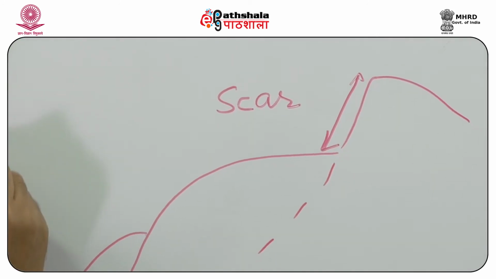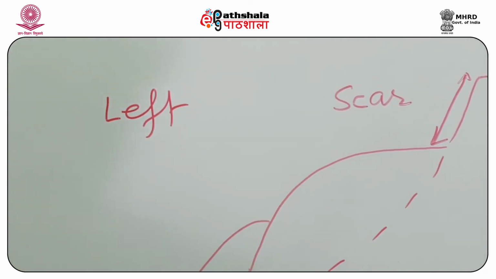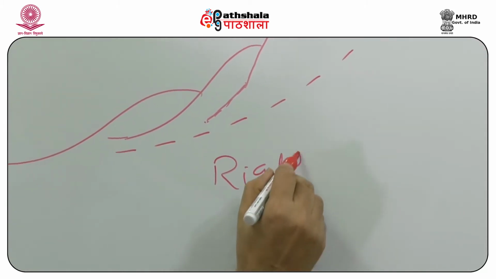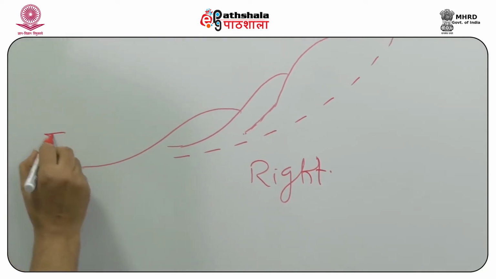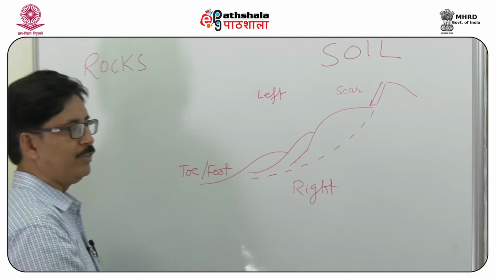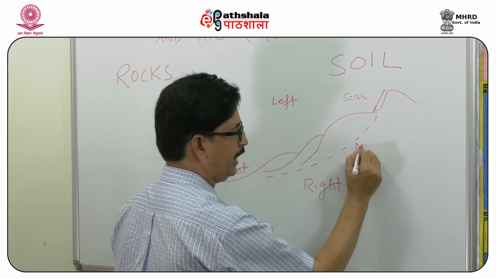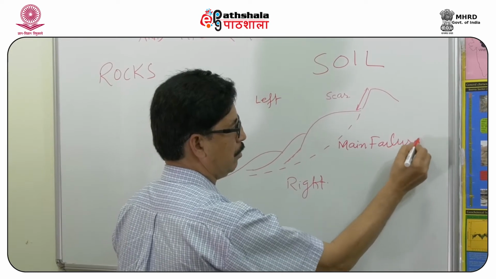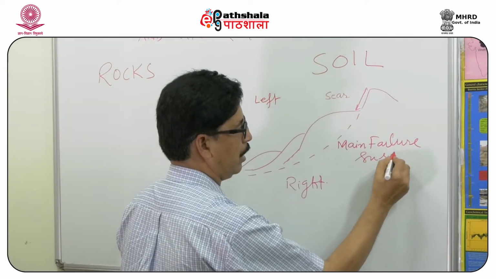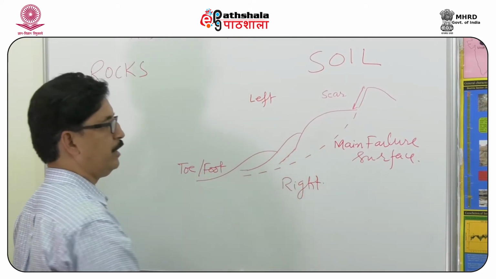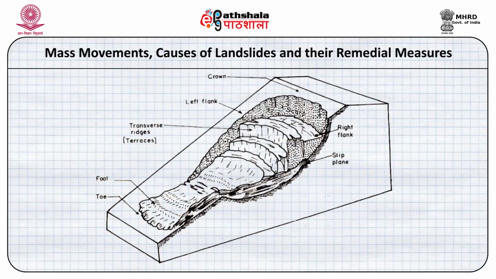We can have left flank and right flank of the landslides. We have toe or foot of the landslides. This is the main failure surface, and these are the smaller failure surfaces. So we can have in soil